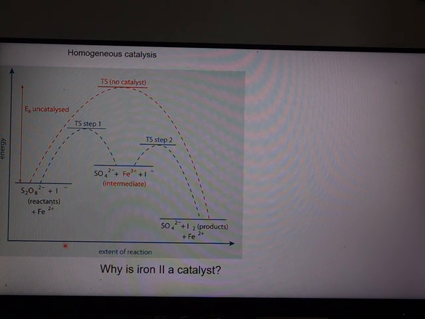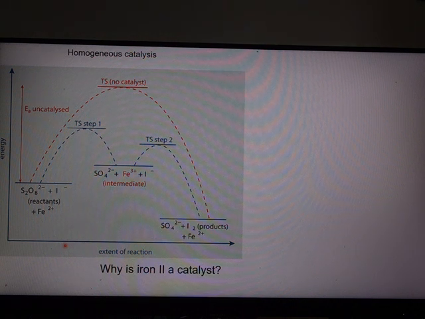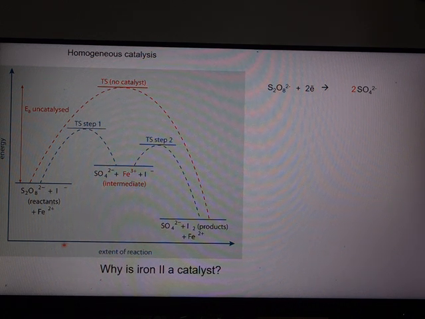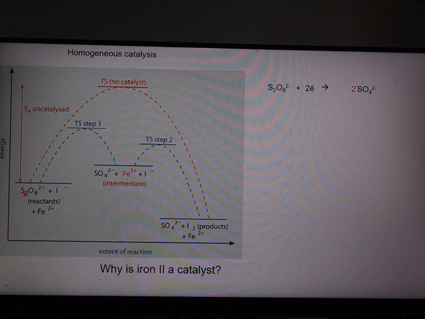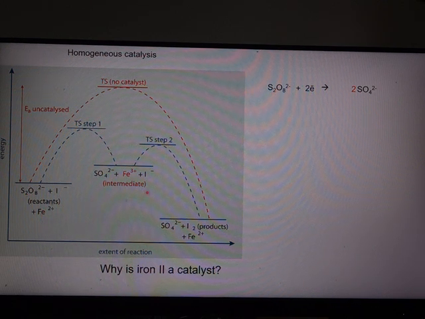So these homogeneous catalysis reactions require a bit of practice, to say the least, and they expect you to be able to write those equations. So we are going to look at the reaction between thiosulfate and iron 2+. So that's the half equation, thiosulfate into sulfate that we wrote on the previous slide, and iron 2+ to iron 3+. So to write the equation between thiosulfate and iron 2+,